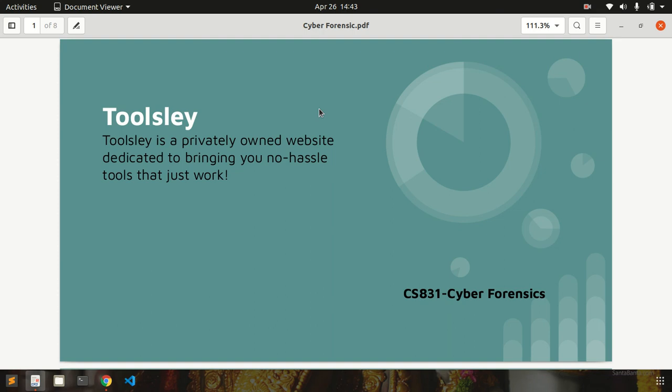And software forensic tools, what are they? You can group them into command line applications, which some of you might have considered like the command line tools, and another type of software forensic tools can be graphical user interface tools. So I can say that this tool, Toolslay, falls under the software forensic tool category, which is a kind of GUI tool.